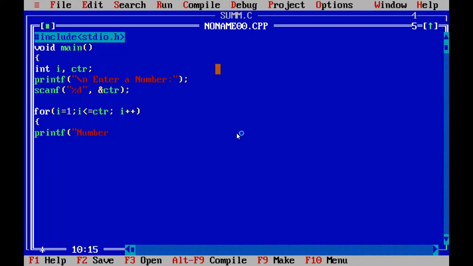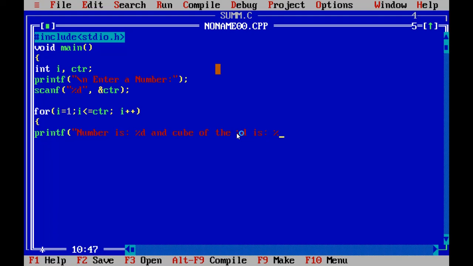Number is %d, the entered number, and cube of the number is %d.